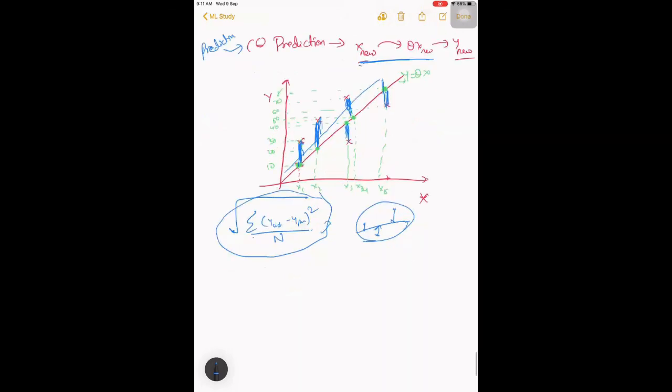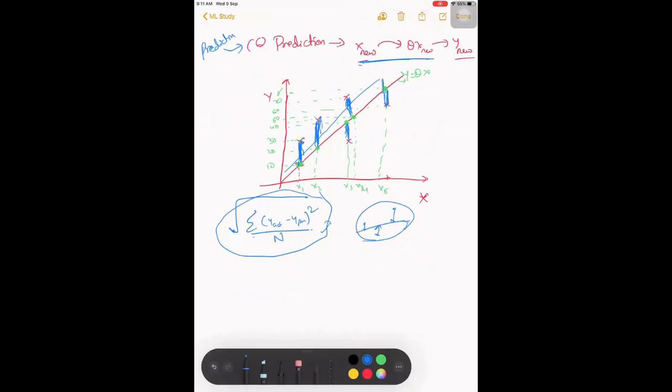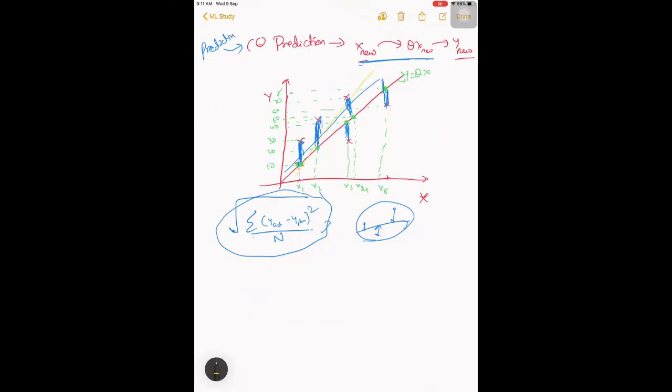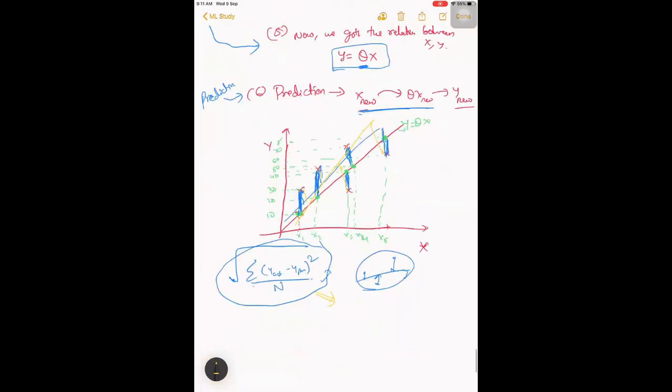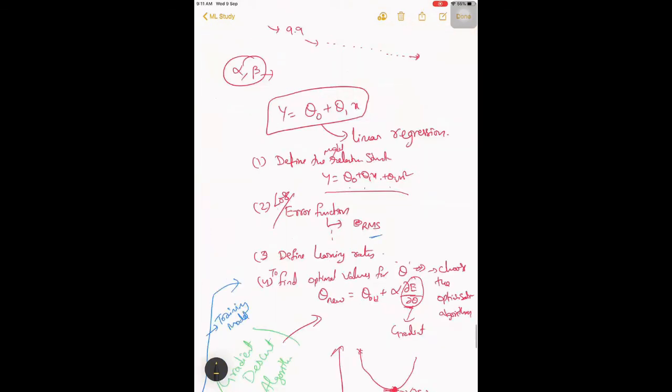What happens in the next iteration? Let me draw with a different color. It will try to adjust your point such that your value is somewhere here, so that your new values will have lesser error. The sum of the errors is what it will finally find to be minimum. That is what we are trying to do here. So we have seen the entire life cycle.